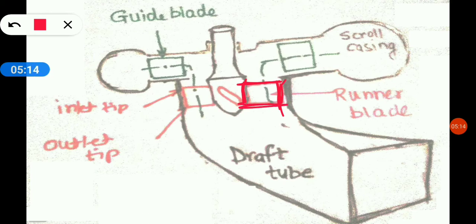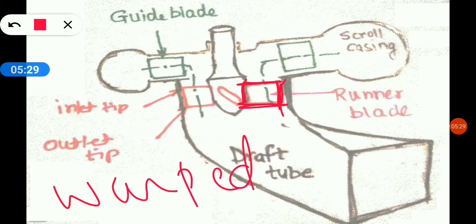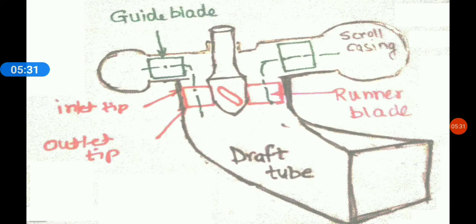Fine. So this is the peculiarity, one of the most important things, that the blades of the Kaplan turbines are twisted or warped. Fine. Another word which is used is warped. Okay, so this was all about how the action takes place. So see, the action is very simple, just the way we had learned.